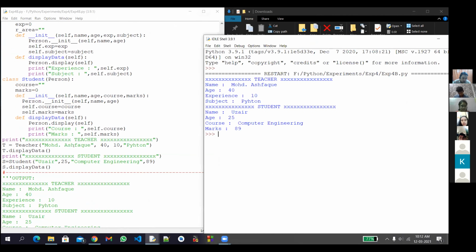Yes. So make it also display data in your program and see to it that you are getting the output, or you need to make some changes.